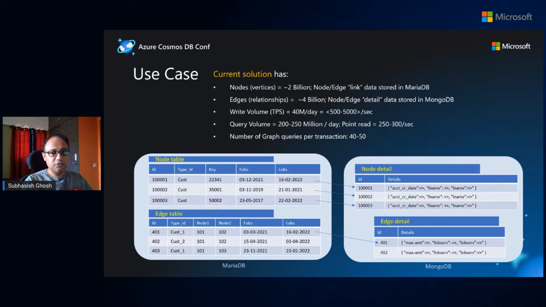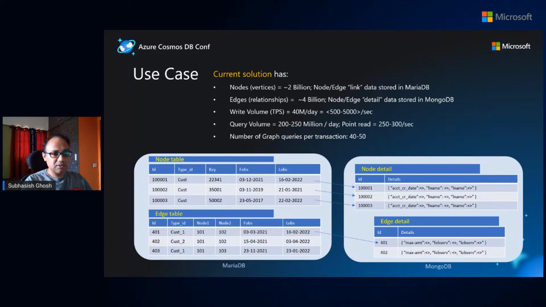So for this particular use case, initially the customer had built a solution involving what we call traditional RDBMS databases. When you build a graph solution on top of that, we basically call it an RDBMS vertical graph solution. And they used a schema, and I've taken a representational image, of what we call a link table design approach.